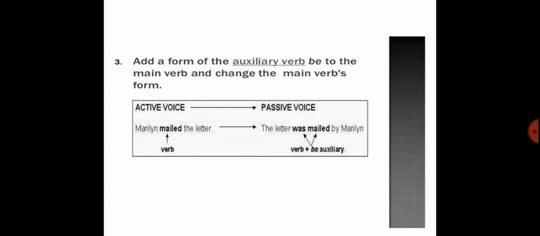Now sometimes you may completely omit the subject from the passive voice if the idea you are trying to convey is clear. You just have to take a judgment call for that. For example, "distance is measured in kilometers", in that case there is no need to use the subject. Kilometers is a measurement unit for distance, so no need to write the preposition, no need to write the subject. So it depends on the sentence.